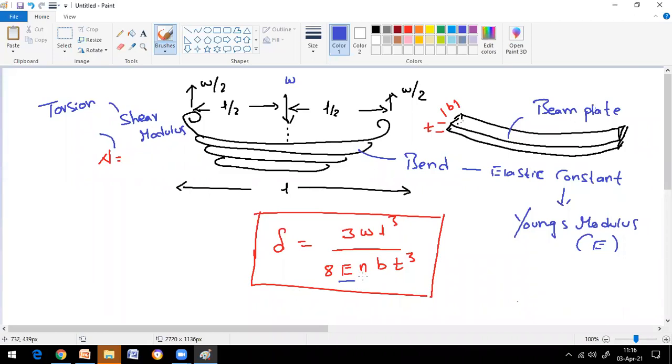And what is N? In open coiled and closed coil springs, N is nothing but the number of turns. But here, what is N? Can anyone tell? Number of strips. Very good. Number of strips, number of plates. Okay, leaf spring plates. N is the number of plates. B is the width of the plate. T is the thickness of the plate. All together you can calculate the deflection of the spring. So finally you will get it, right?